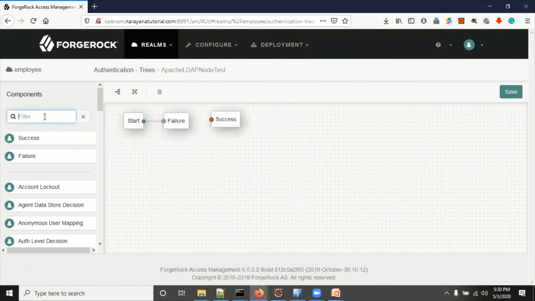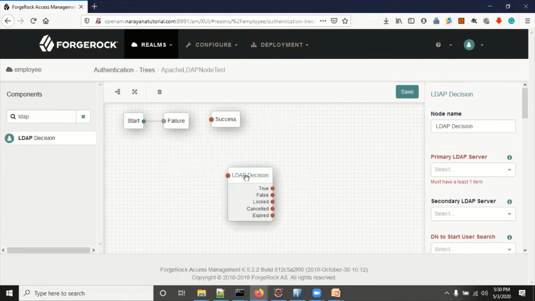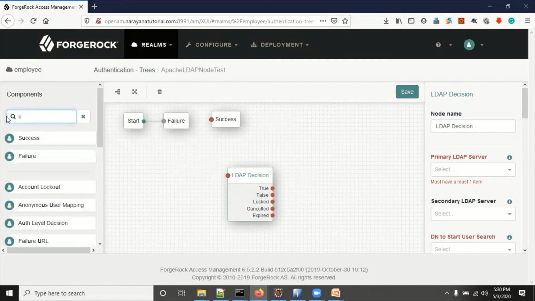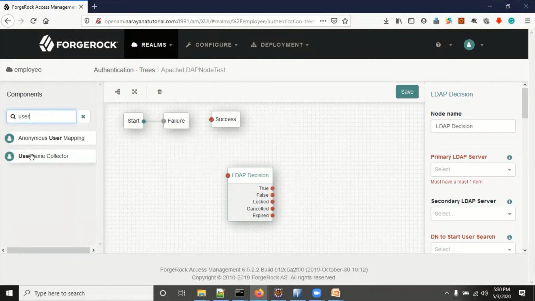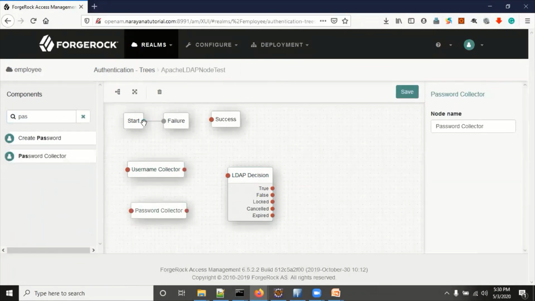First, you can search for the LDAP decision node. Before the LDAP decision, we need a username and password, so we select the username collector and password collector. Drag from start to username, username to password, and password to LDAP decision.